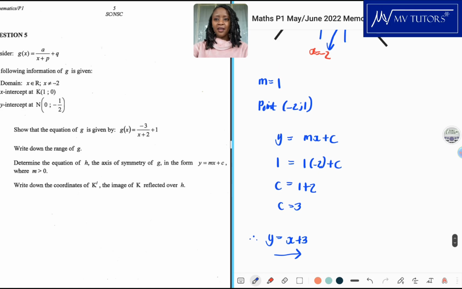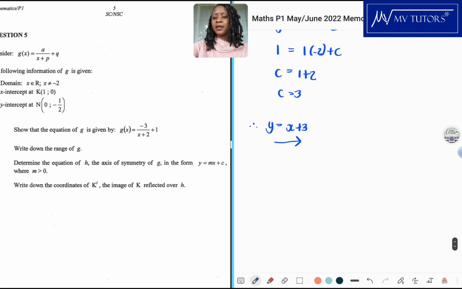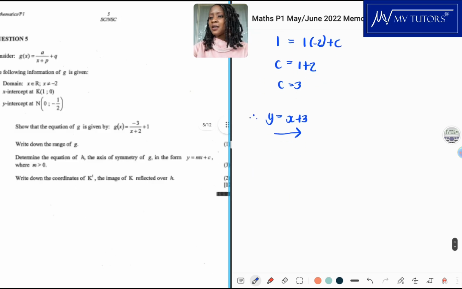If you have time, you could actually determine the other equation, but that was not asked. So it means that the y-intercept is 3. I didn't really have to put that, I just put that for information's sake. Okay, so we have our equation. And then the last question,